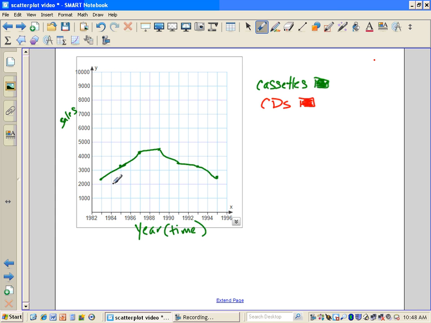And so CDs, remember I said that's supposed to be actually 8. So in 1983, we started with almost no CD sales. And then we had 226 so we're still way down here. And then we had 1,000, we broke 1,000 in 1987. And then broke 2,000 in 1989. So increasing. Then broke 3,000 in 1991, 3,300. And then broke 4,000